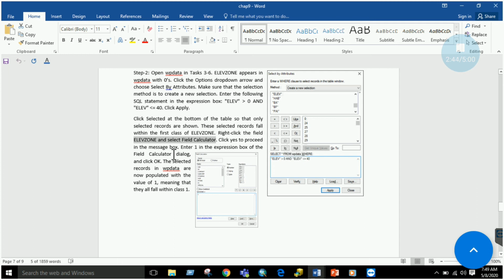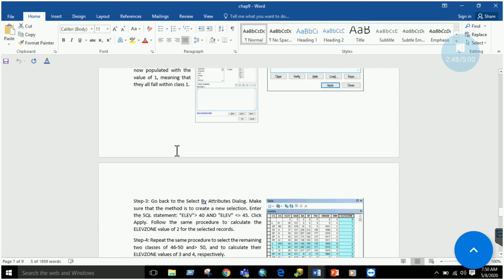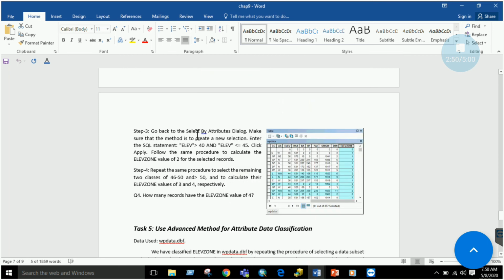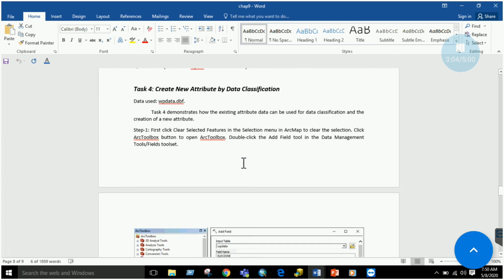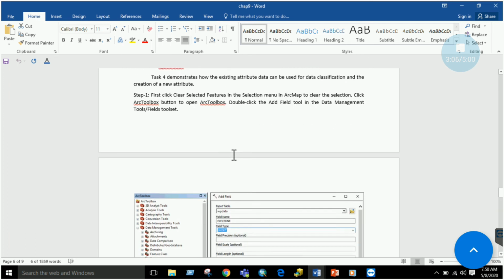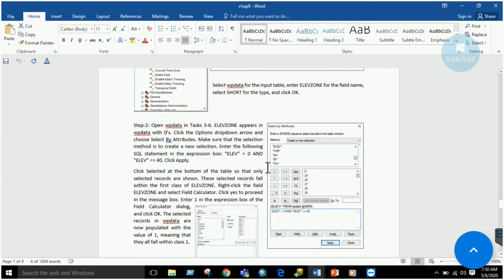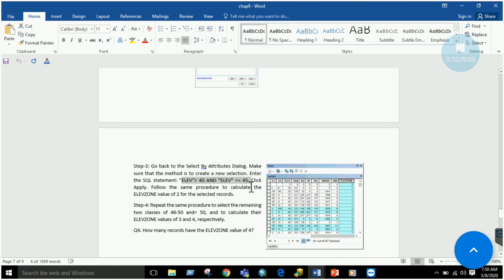Okay, the next thing we have to do is go back to the attributes table and select elevation greater than 40 and less than 45. So we will have some records displayed over here. The purpose of this exercise till task 4 was to add some data, relate some tables and perform some queries.